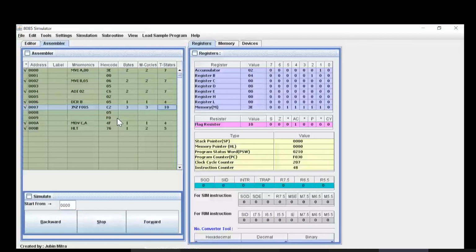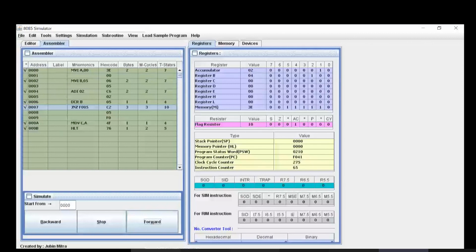So what happens when you click forward now? Nothing, sir. Do you see any value changing? No, sir. Our program counter value is changing. Program counter, instruction counter value is changing.